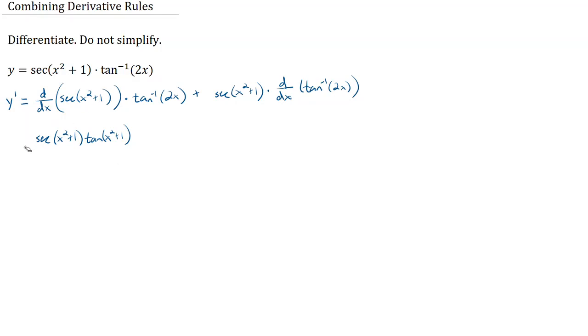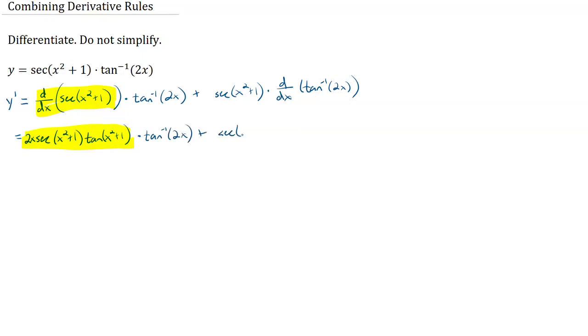So I'm actually going to put the 2x out front so it doesn't look like I'm taking the tangent of 2x by putting it out here on the end. Okay, so that is the derivative of this secant function. Secant tangent is the derivative of the outer times the derivative of the inner, which is the 2x. And I'll just carry down my tan inverse of 2x